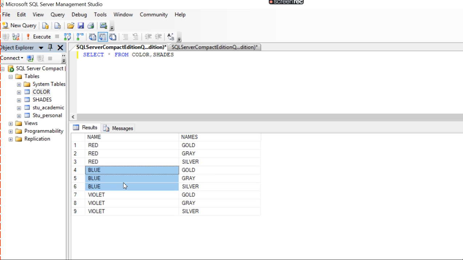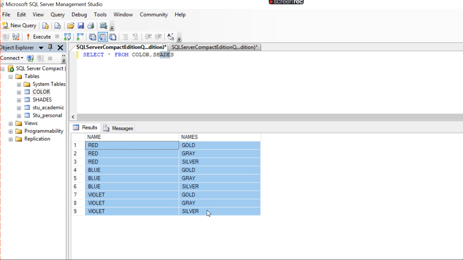This second row is now connected with all the rows of the second table. Similarly, the third color, violet, violet, violet, also will be joined with the other things. So the total number of output rows will be 3 into 3, 9 rows. There are 3 rows in the color table, 3 rows in the shade table. Both are joined together to make this table. So this is the output.